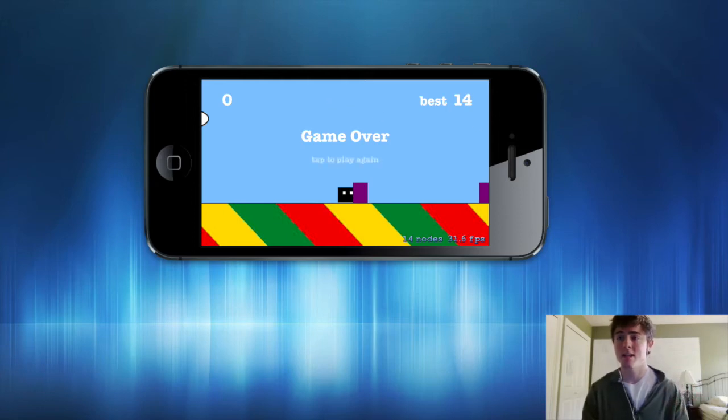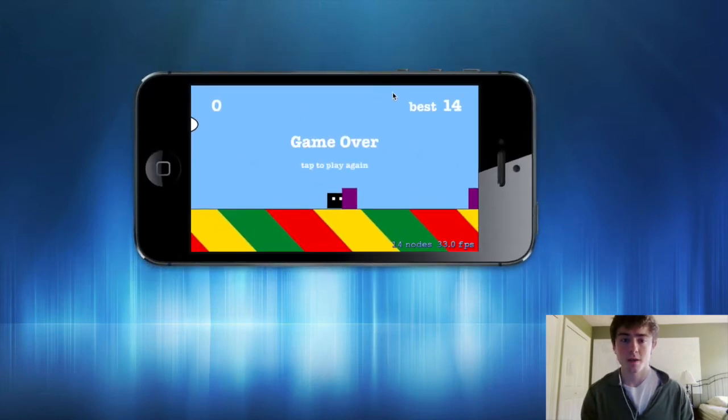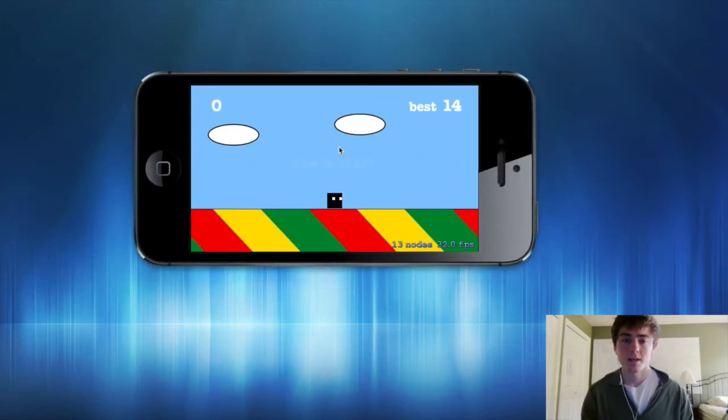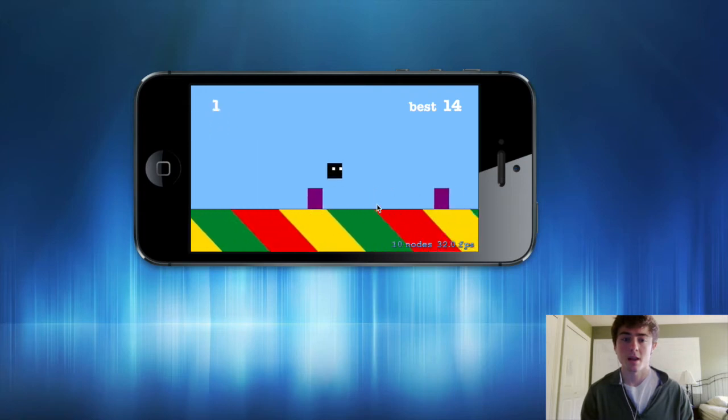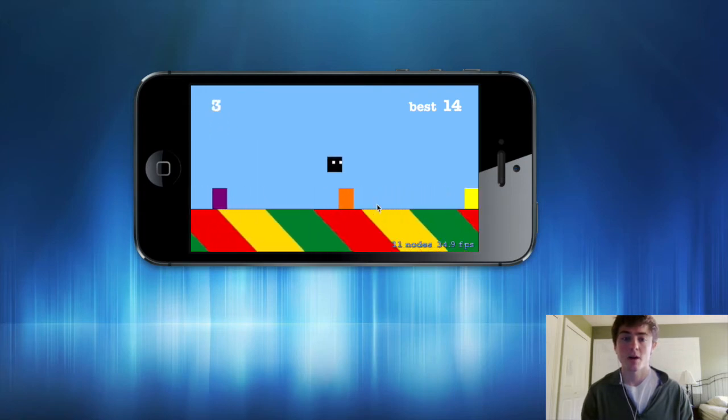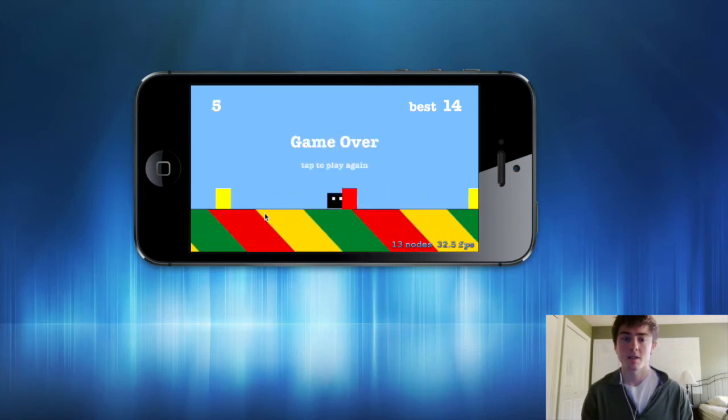This is going to be the game we're going to be making right here. It's just this little black block, and you tap to start, and then from there on out you tap to jump over these blocks here. If you hit one of the blocks, it's game over, and you can tap to restart and all that jazz. So it's a really basic game, but it should cover a lot of basic game mechanics and things that